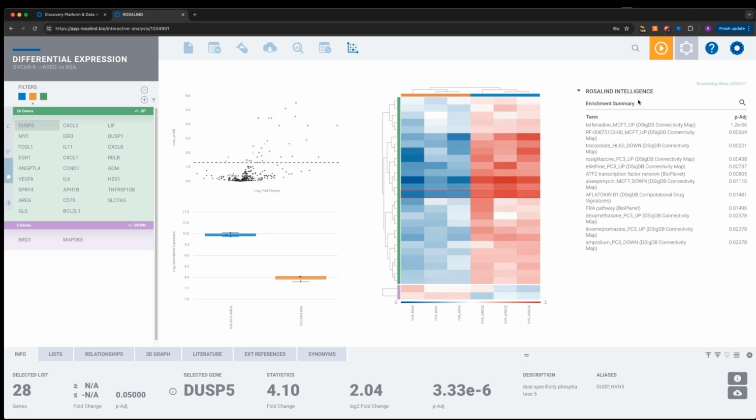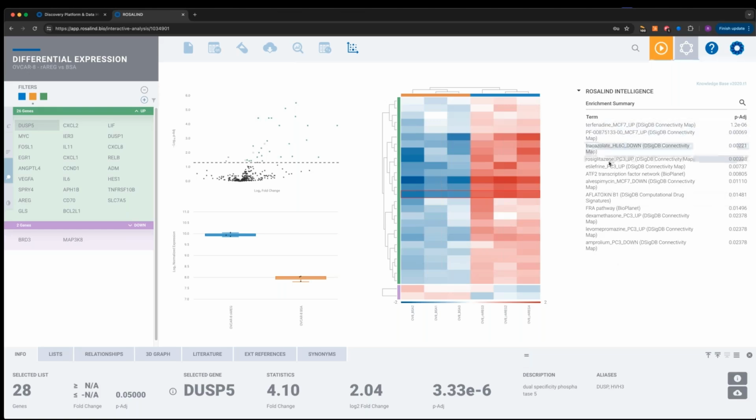What we're seeing here in this enrichment summary is the result of that analysis. We've clustered all thousands of terms, we've removed redundancies, we've figured out the most representative terms and pathways across all those clusters, and those are brought to the forefront here in the summary. In my recommendation, this is the place to start, because these are meant to represent everything else, all 1,000 terms plus in all of our databases. If I were going to do this analysis on my own, I would start with this enrichment summary and look through these.